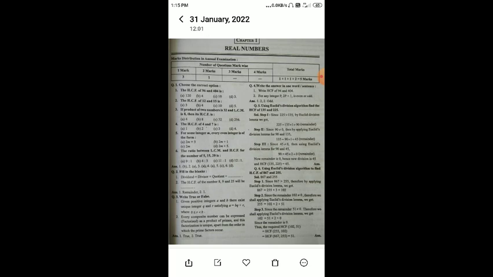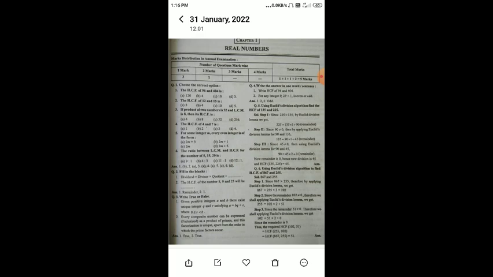Now question number 5, we have to use Euclid division algorithm to find the HCF of 135 and 225. In Euclid division algorithm rule, what we have to do is compare the two numbers of which we have to calculate HCF. Now in 225 and 135, 225 is the greater number, so it is considered as dividend, and 135 is considered as divisor. We have to apply here Euclid division lemma, in which 225 is divided by 135. We will get quotient 1 and remainder 90.